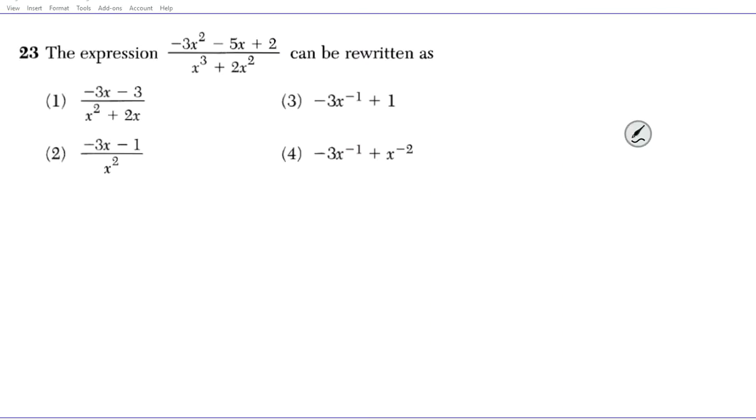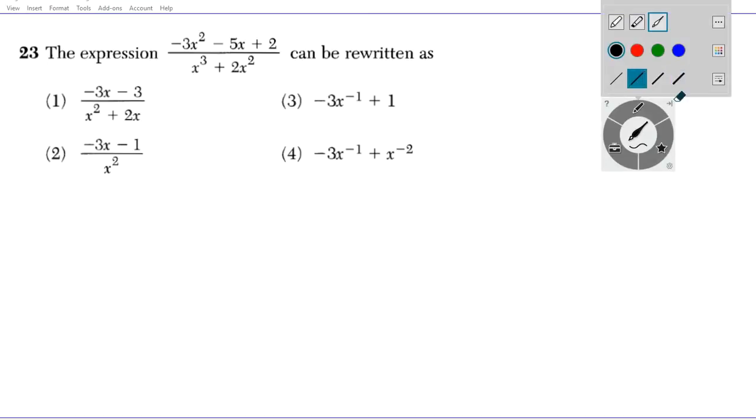All right, let's take a look at question 23. It reads, the expression negative 3x squared minus 5x plus 2 divided by the quantity x to the third plus 2x squared can be written as. So this problem is basically assessing your ability to simplify rational expressions and also apply the properties of exponents in